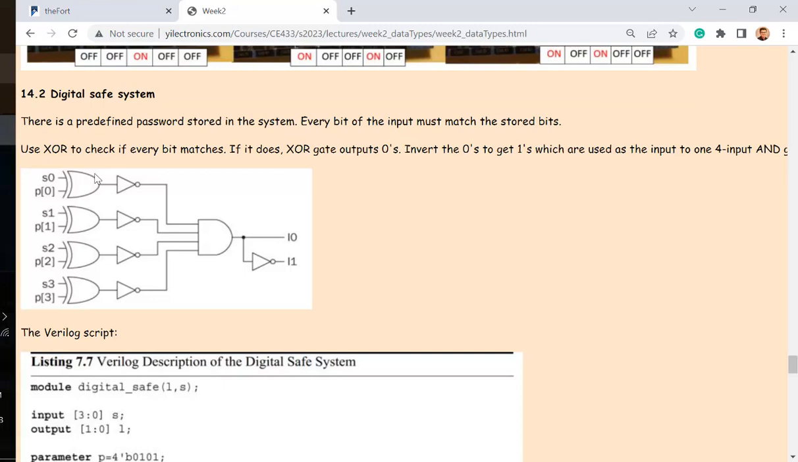If they match, if they're the same, which means that I'm putting a correct password in there, right? Then I'm getting a 0 output. So 0 will be inverted. It gives you a 1. So I have to have all 1s for the AND gate in order to get a 1 for I0. It's going to turn on one LED. So whenever you get the password,